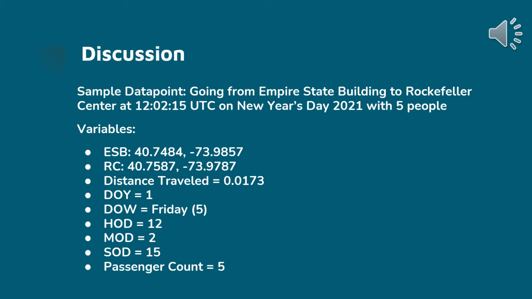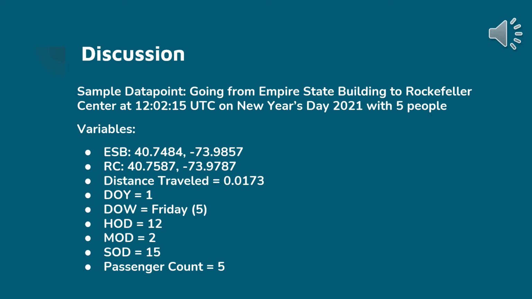I'm going to go over a little bit of a discussion here. Since we are working with a regression problem, our objective is prediction. Here we have a sample data point going from the Empire State Building to the Rockefeller Center at around noon UTC on New Year's Day 2021 with 5 people. The following are the variables included in this data point, which include ESB 40.74, negative 73.98, RC is 40.75, negative 73.97. Distance traveled is